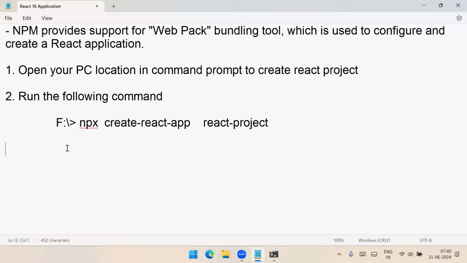So npx create-react-app and the React project. Now what it will do is it will create a project environment completely for you, and every configuration is set for you. So just run the command